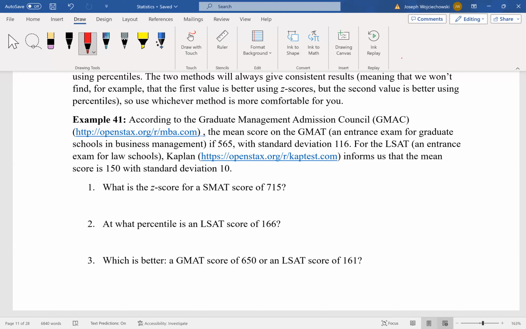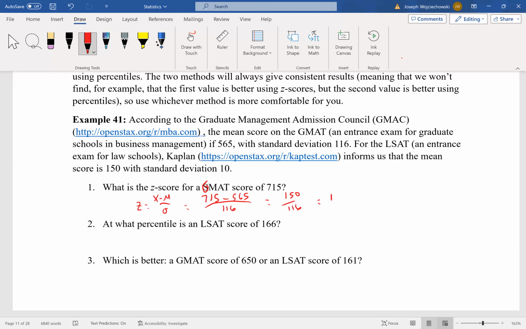And that should be for a GMAT score of 715. Well, remember, z equals x minus mu over sigma. In this case, x is 715. Mu for the GMAT was 565. And our standard deviation was 116. So that's 150 over 116. 150 divided by 116